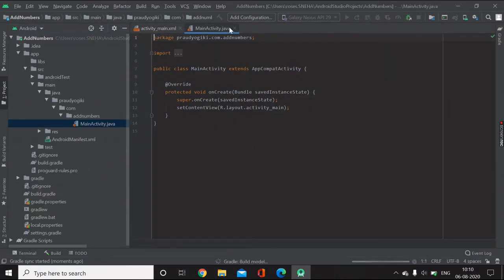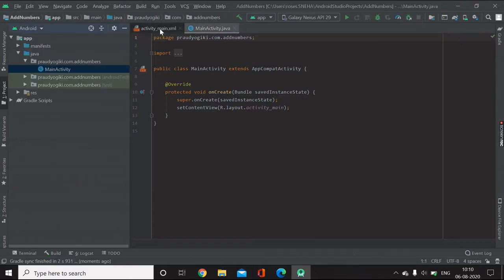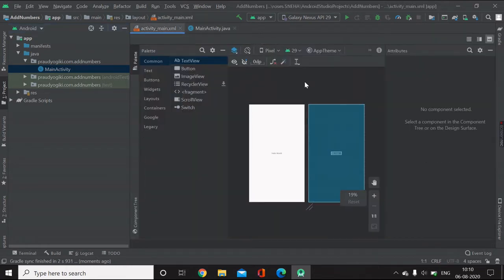You will see here two default files. One is .xml and the other is .java. So first we'll design the layout of our app, and that can be done through the .xml file. Here also you will see three options. One is the code, the other is the design view. So first,